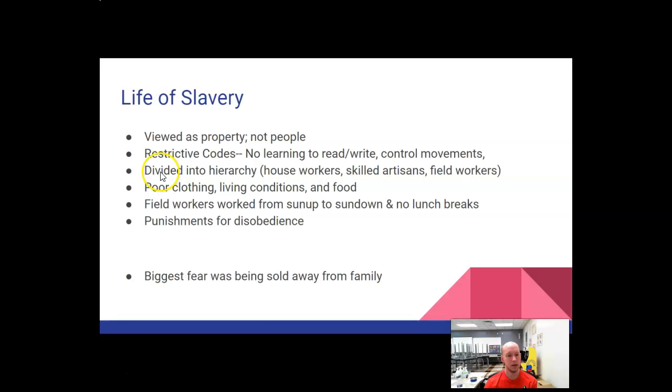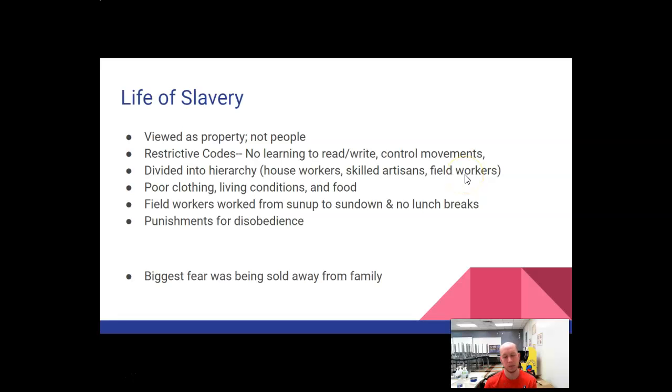A lot of times on farms and plantations, they were divided into a hierarchy. People that were more skilled did artisan work. They built things, blacksmithing, those types of things. If you were really fortunate, you were a house worker like a maid or a butler. Typically, that usually meant you were treated a little bit better. Not necessarily that you were treated well or that things were great for you, but the lowest class was the